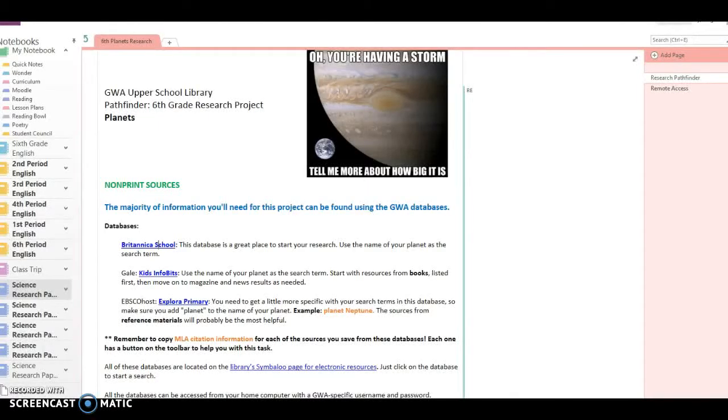Okay, before you can begin, you must have the packet called Sixth Planets Research copied into your OneNote notebook. And for this project, we are using a new notebook called Science Research Paper. In class today, we copied this packet into our notebook. If you were absent, I went ahead and did that for you so that everyone would be in the same